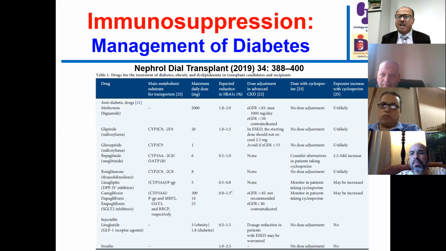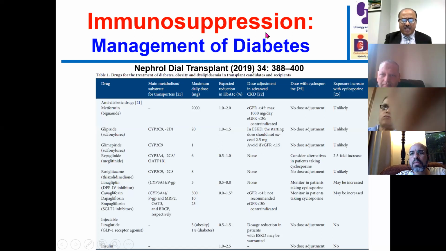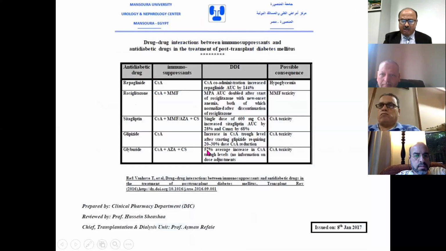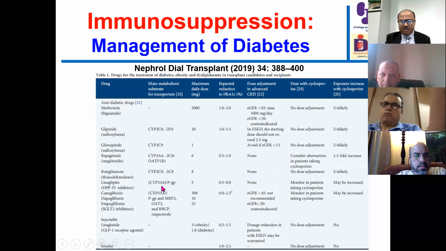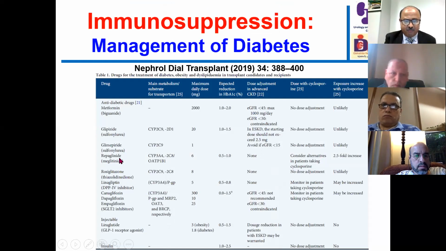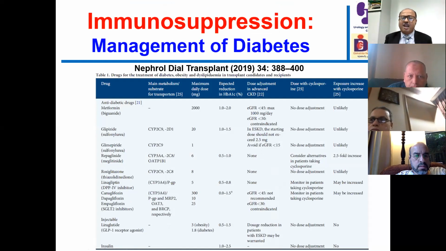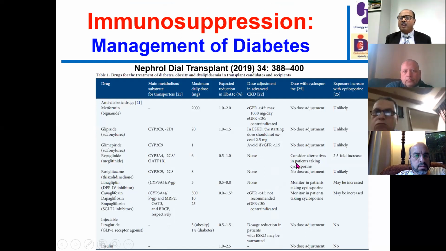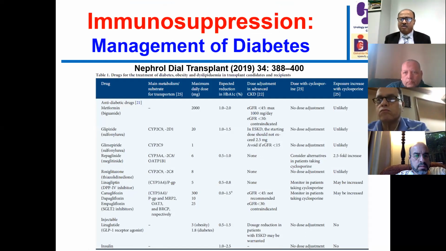But what I want to add today, when we have a case and want to give antibiotic drugs, there is some drug interaction of these drugs with immune suppressive drugs. For example, if you look at repaglinide, where is repaglinide? This is repaglinide. If it is combined with cyclosporin, cyclosporin inhibits the metabolism of repaglinide. So repaglinide, it's better to be avoided with cyclosporin because cyclosporin will inhibit the metabolism of this drug that can